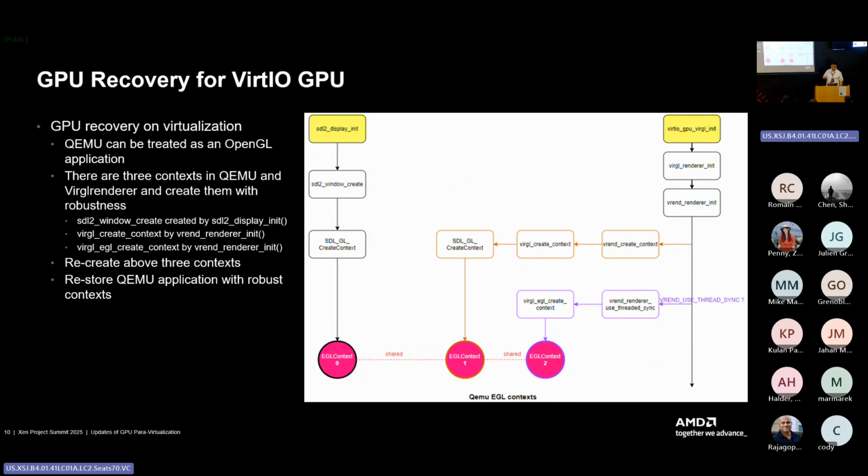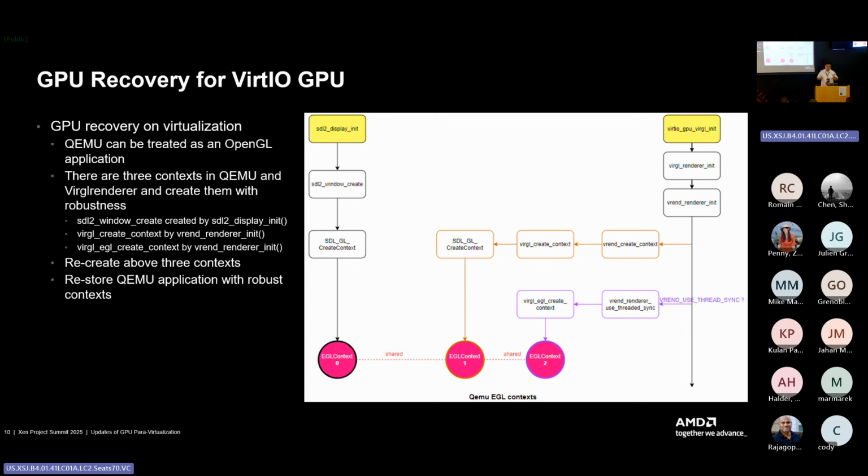In the virtualization system, we still need to indicate the robust context for QEMU, the virtual renderer and SDL as well, because in para-virtualization, QEMU will be treated as a very simple OpenGL application. So they can also be one of the graphics contexts.